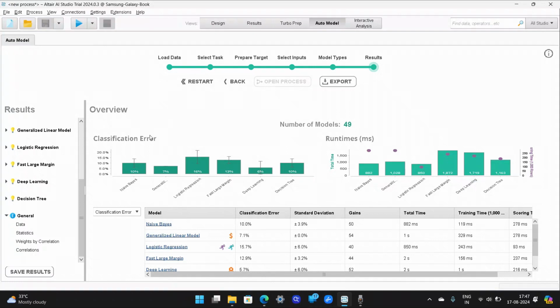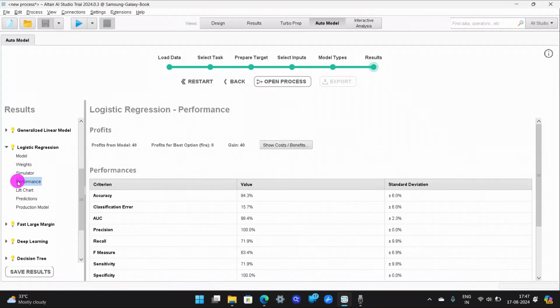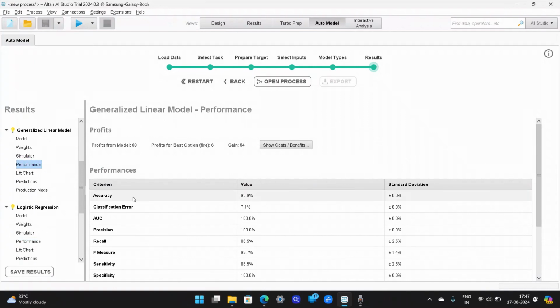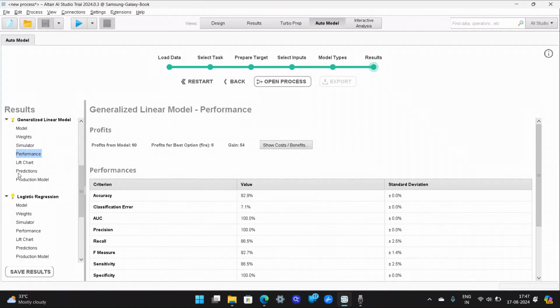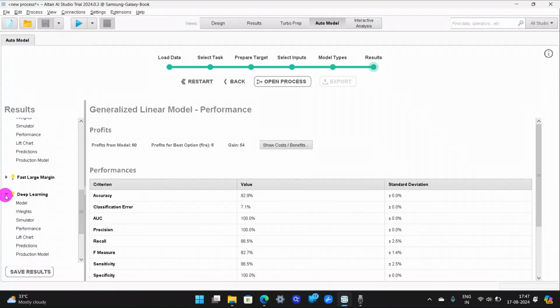One thing became clear. The models with the lowest absolute error and runtime were the most suitable for a prediction task. Among the various models, deep learning, linear regression, and logistic regression emerged as the top performers, delivering the highest accuracy. Now let's take a closer look at the deep learning model.